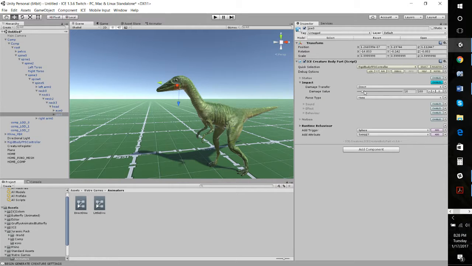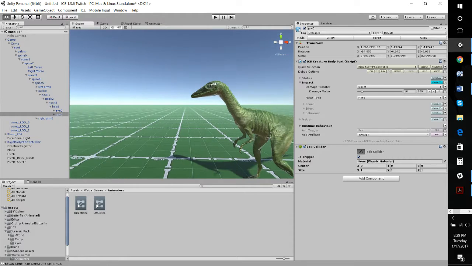Now you do have to be careful with this, because it could inadvertently damage itself, which I've had happen a couple of times. So there's a couple of ways you can do this. You can make sure that the collider that you're going to put on this weapon or body part is outside of any other collider, so that it doesn't come into contact with itself by accident, or you can mask out whichever layer the creature is on. That way it can't inadvertently hurt itself. But for now, I'm just going to make sure that the collider doesn't come into contact with anything on the creature. Use a box collider, add that,